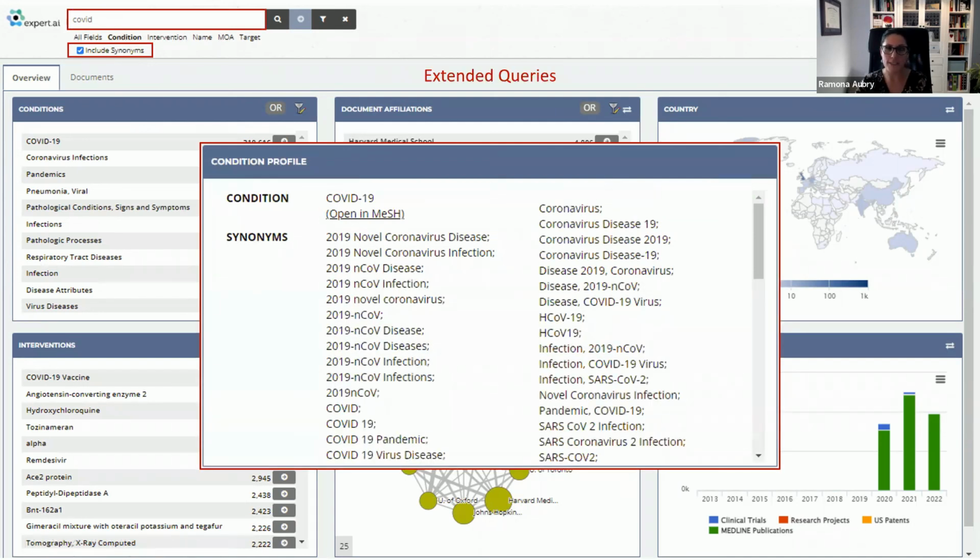Here we have an example of an extended query where what we did in addition to searching for COVID, we included various synonyms that have been gradually added as alternative labels to our taxonomy. So you can obviously deactivate this option to keep your search more narrow, but it is also extremely powerful to see the extent this kind of queries can actually lead to, if you have a nice way to centralize, or to, I would say, range against the same preferred label, all these variations or synonyms of COVID. And I bet there are a few of them that you didn't think of.